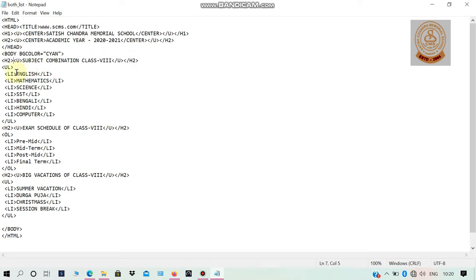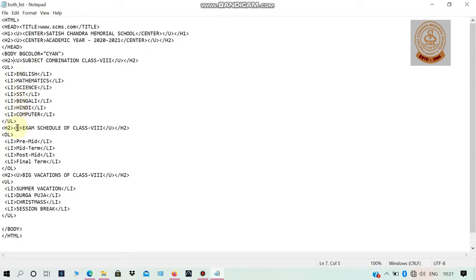So after that, I am going to add an unordered list of all the possible subject combinations of class 8. The starting UL tag is given to start the unordered list. After that, I have given the LI tag. I have mentioned LI English and the ending LI tag for the English subject, and the same I have mentioned, starting and ending LI tag, for the rest of the subjects. That means for mathematics, science, SST, Bengali, history, Hindi and computer.